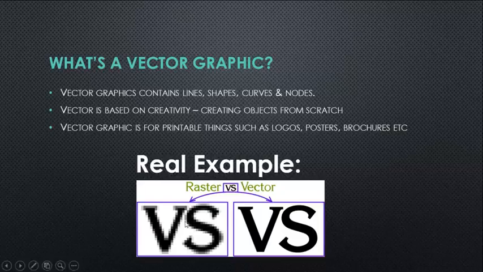You can see the real example here, raster versus vector. This is the raster graphic picture and this is the vector. The vector is always clear and you know, whatever size it has, it will be of the same quality. But at the same time, if you create a picture as a raster graphic, that will actually lose its quality when it is zoomed or it is